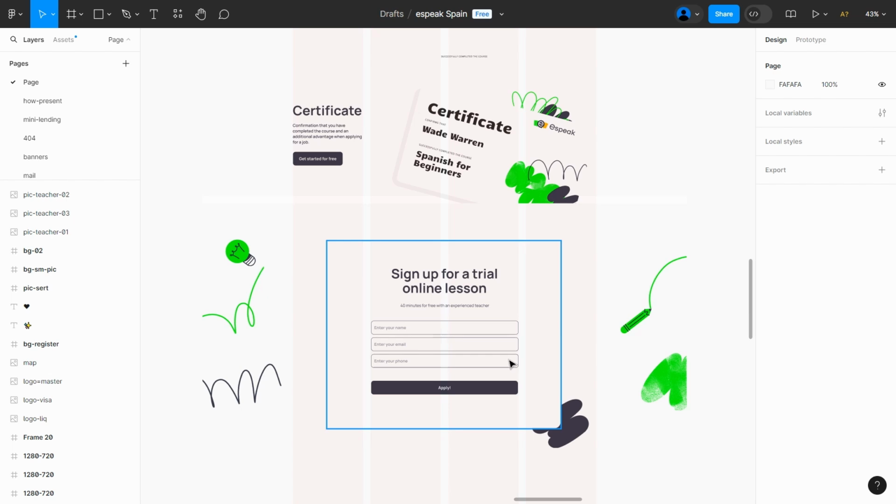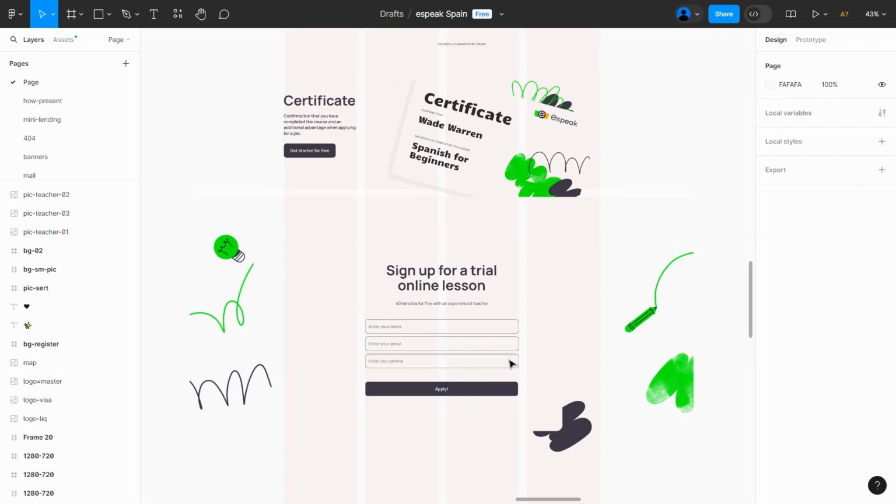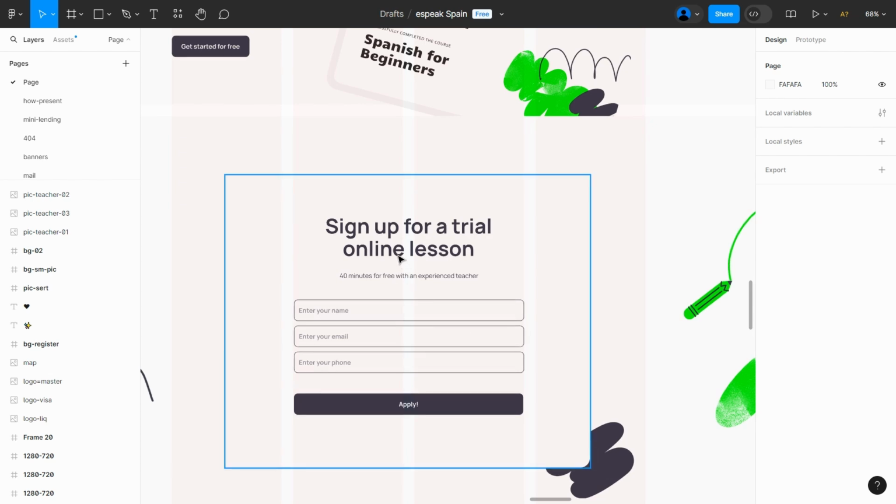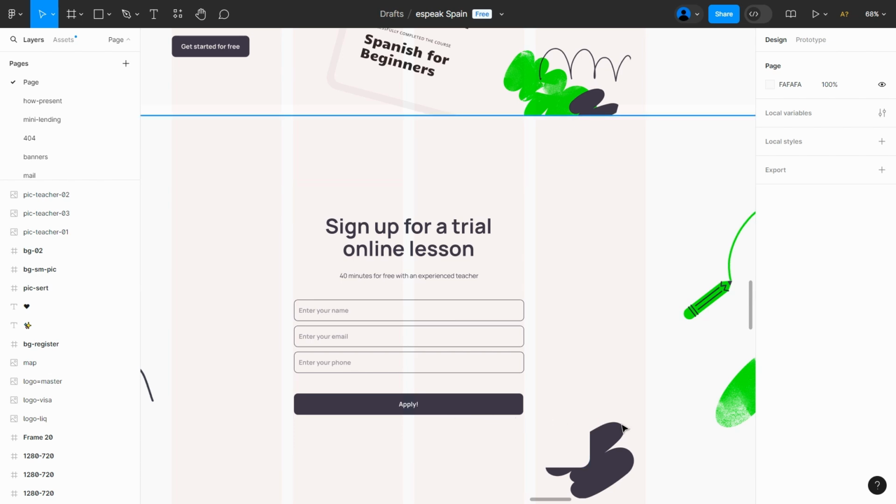A subscription form typically consists of a header, input fields, and a submit button. You can also enhance it with additional elements like subheadings, drop-down menus, checkboxes, or radio buttons to gather more segmented subscriber information. Let's create a form in our website builder following these steps.